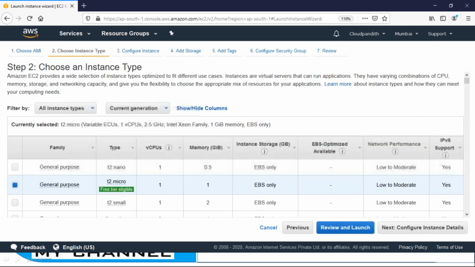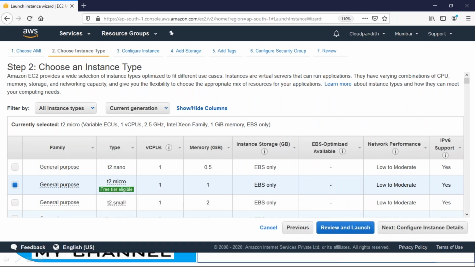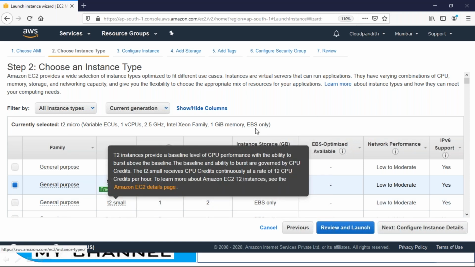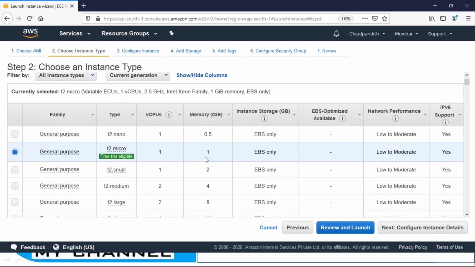Click select. As we discussed instance types yesterday, we have nano, micro, small, medium, large, and extra large. What is the difference? The number of CPUs, memory, input/output, IOPS, processing, all those things will differ.